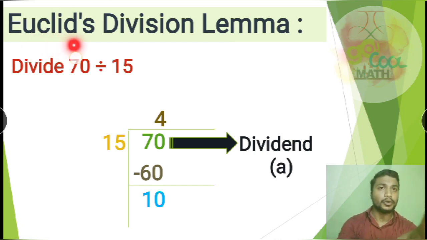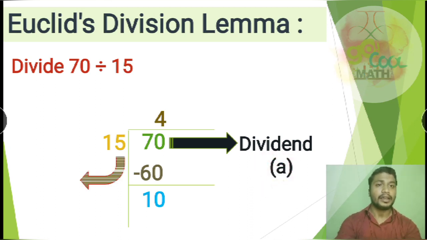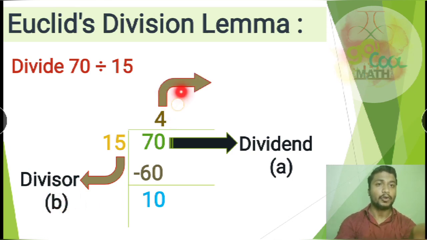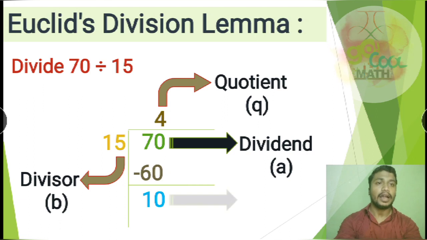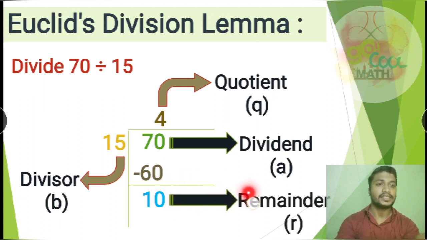But in this Euclid division lemma, we should consider the dividend as a and the divisor as b and the quotient as q and the remainder as r. In any division, the Euclid division lemma must be satisfied, that is, dividend is equal to divisor into quotient